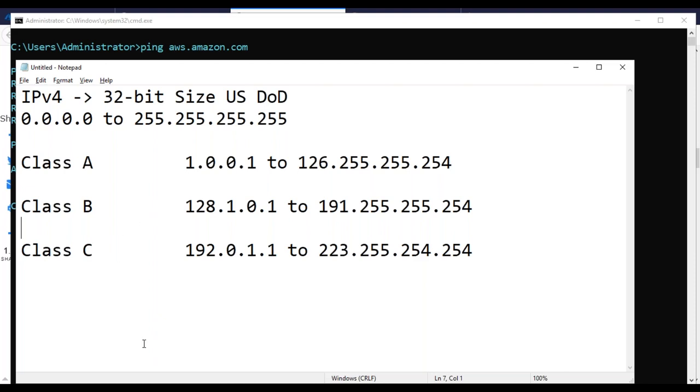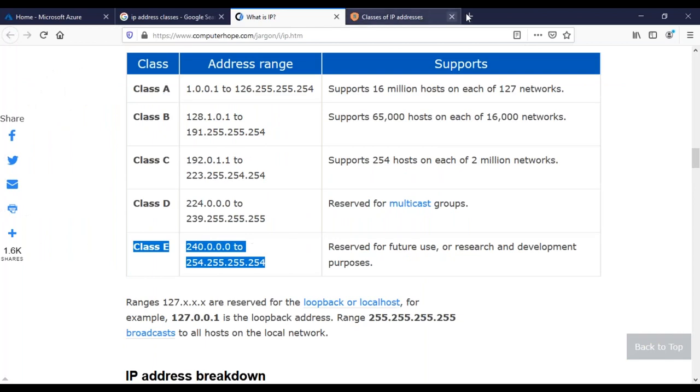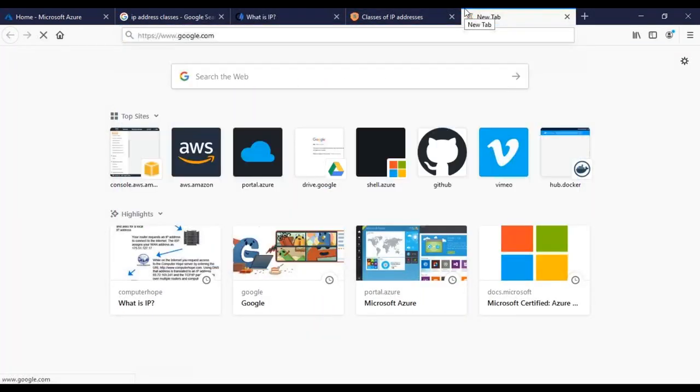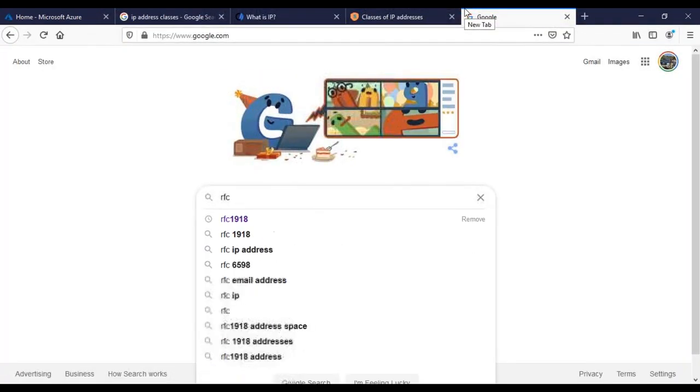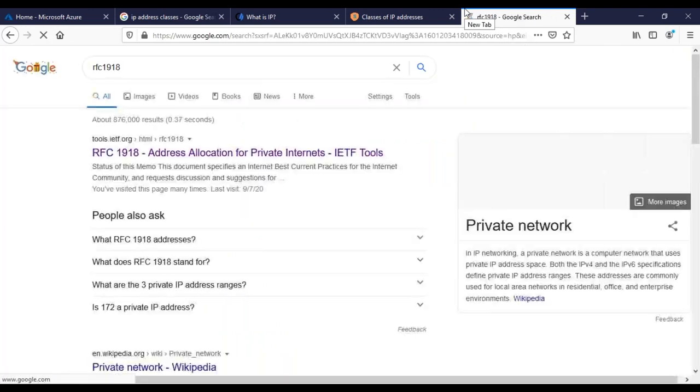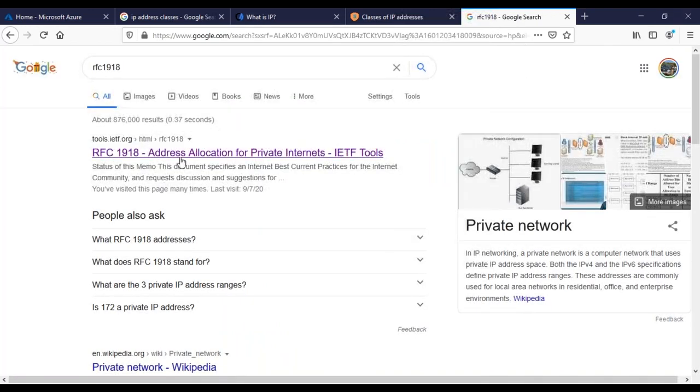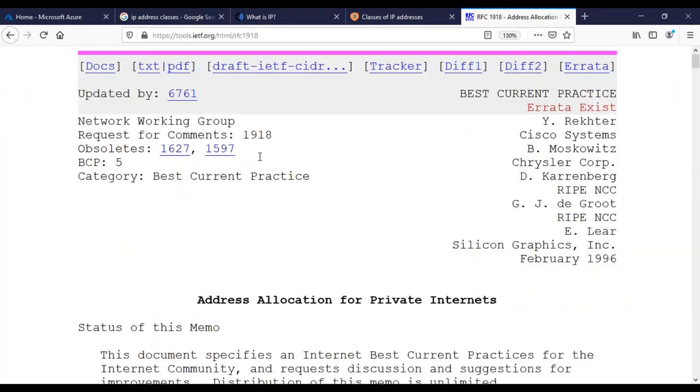If you want to study more about that, go to Google and type RFC 1918. RFC normally stands for Request for Comments, but anyway, this one is Address Allocation for Private Internets. I'm not sure whether these guys implemented it.